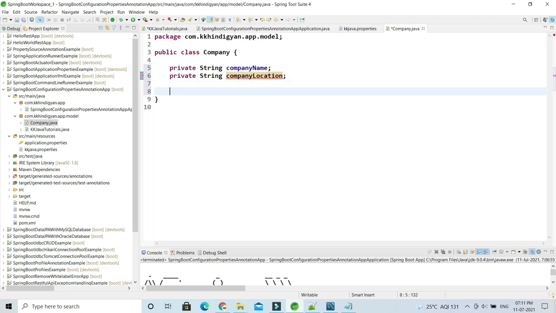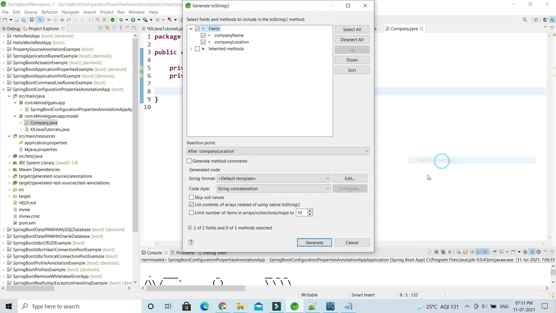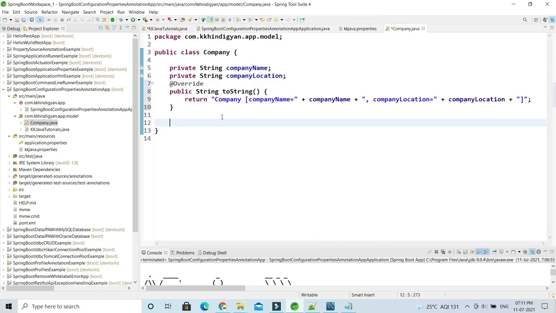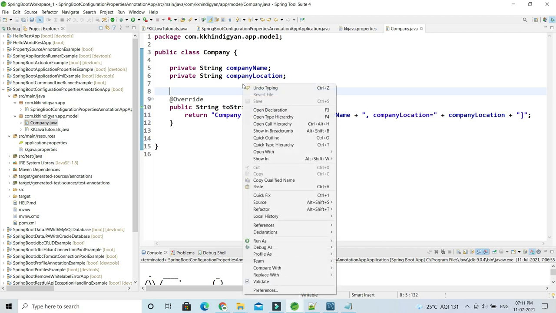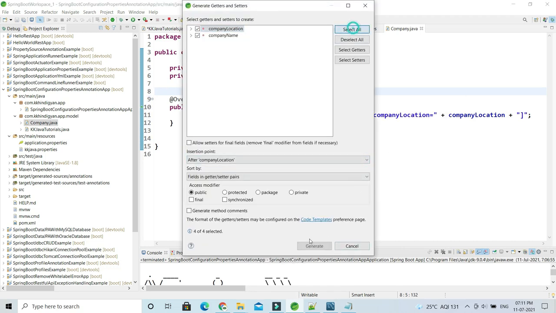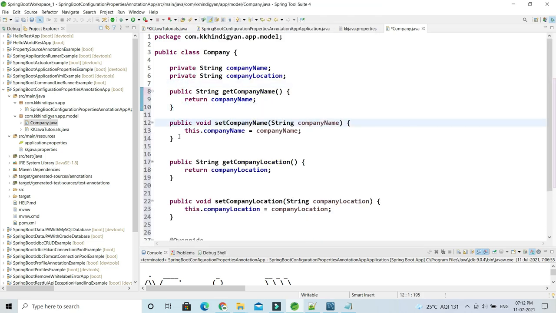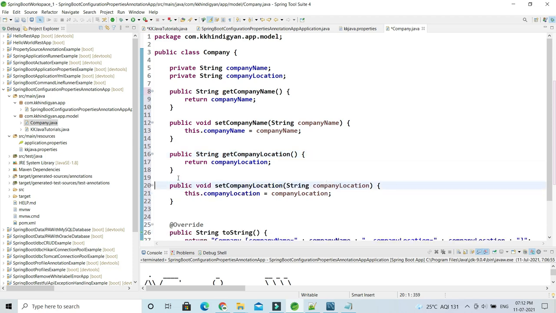And I'm going to create setter getter for this class as well. I have created a toString method, right? So let's create setters and getters as well. Select all and generate setters and getters, right? Pretty simple.